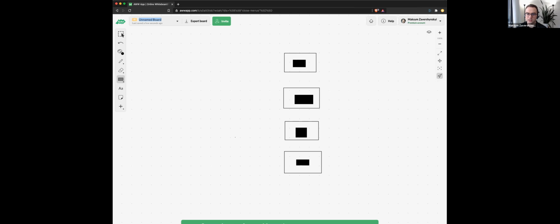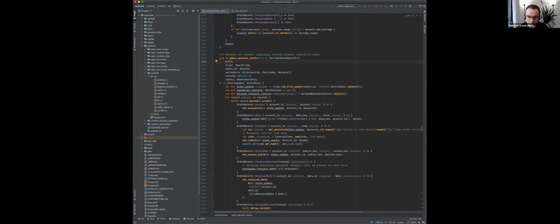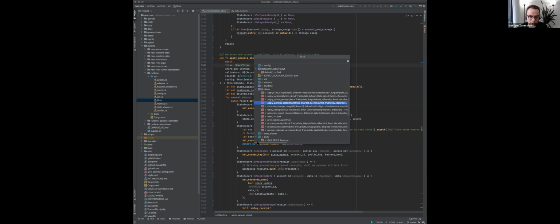And you can think of each runtime as a state machine. Now I'm going to show you more or less what is the input and output of the state machine. I'm going to use CLion, which is our typical development tool for the code of our blockchain. The code that you want to start looking into, if you want to familiarize yourself with our runtime, lives in the runtime folder under the runtime subfolder. Most of the high-level things that you need to know live in lib.rs. So in lib.rs, we have a struct called Runtime,